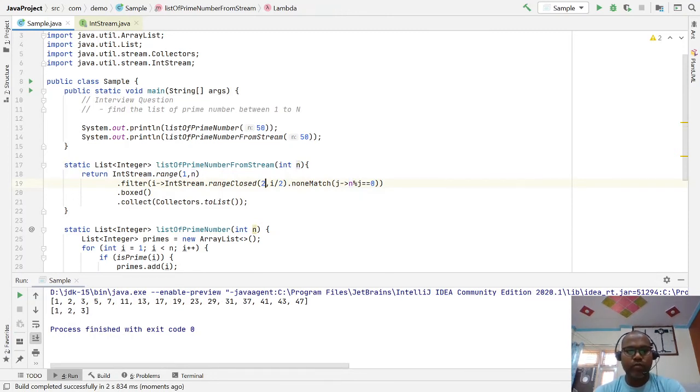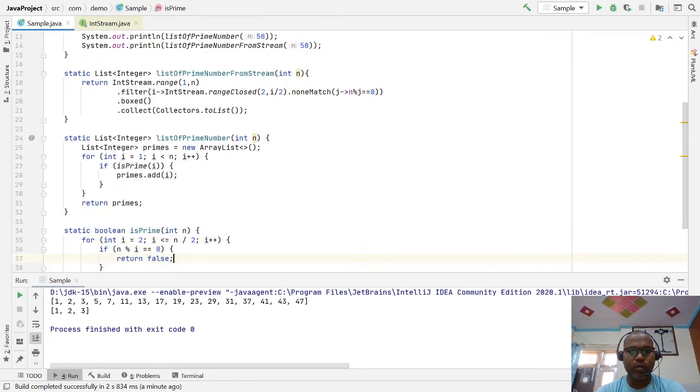We have to run from 2 to n by 2, the same as what we did, and do the modulo check and just pass by. This is not the n, this is the n we have to change the number. This is the problem here. We have used the same variable here for the 50. We are not going to check 50 divided by i; we have to check each number. So here I'm changing the number to t, from 1 to t.